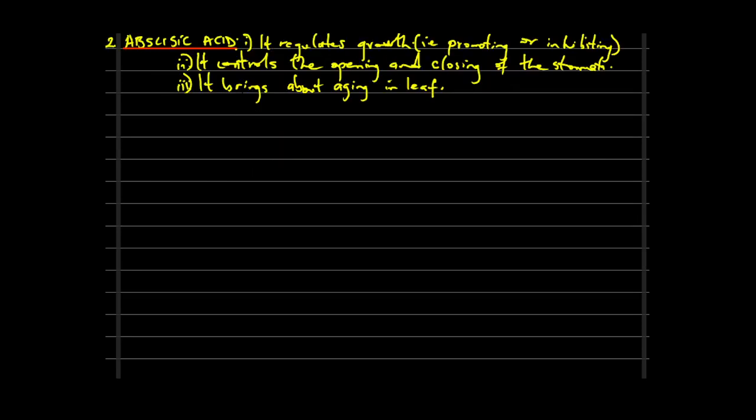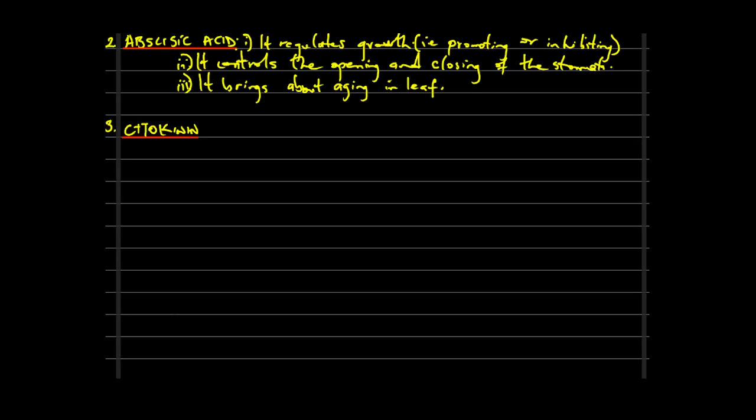So these that I have listed are the functions of the abscisic acid. We have talked about the auxin, we've talked about abscisic acid. Let's pick another one. The third one that we'll be talking about is cytokinin. Cytokinin is the third phytohormone that we will be talking about. So what are cytokinins, or what are their functions? What do cytokinins do? That is what we want to look at right about now.